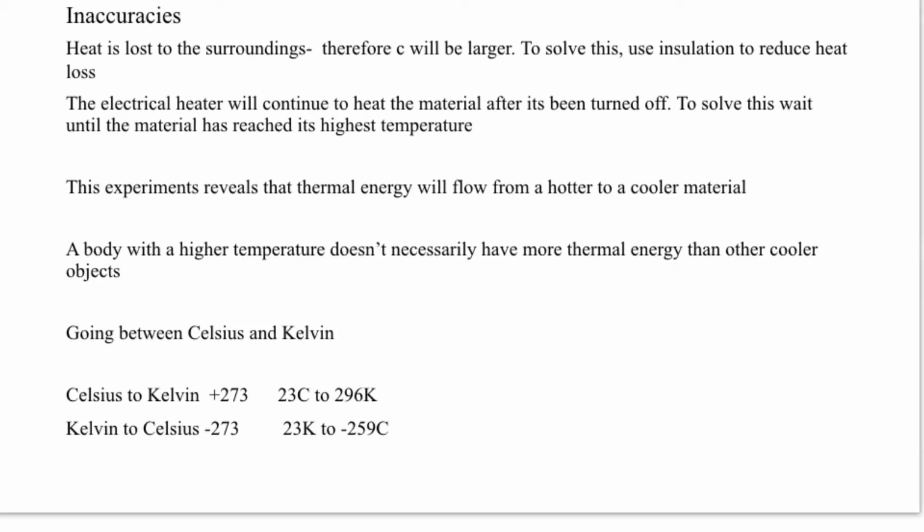Inaccuracies. Mainly for this experiment, the inaccuracy is heat loss to the surroundings. This will make the delta theta, or changing temperature, smaller. Therefore, the specific heat capacity will be larger, too large in this case. To solve this, insulation is used to reduce the heat loss, and therefore making the changing temperature larger, which is